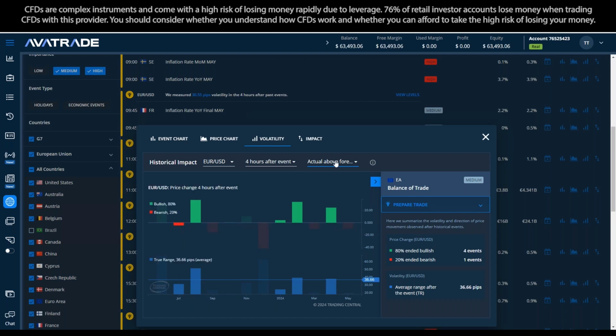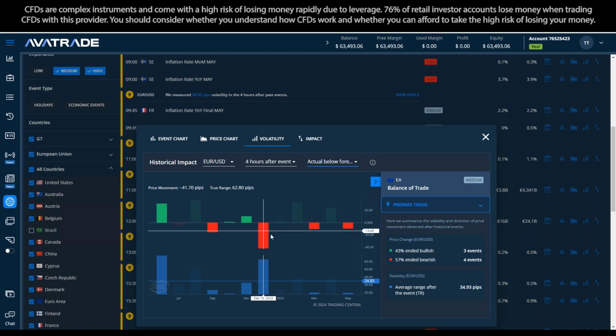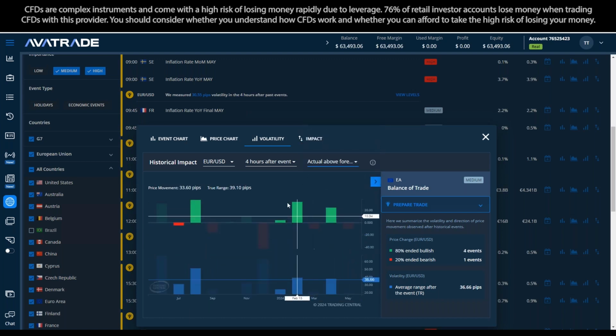Okay? And what if this comes in below forecast? It's the opposite, right? Look at all the red movement down, how large these movements were, and the movement up, smaller, less often and smaller. Okay? It's not 80-20, it's 57-43, but you don't have to trade in both directions either. You could say, okay, if it comes in below forecast, I don't like the 57-43 percentage. It's not a big enough statistical advantage, maybe in your mind. But if it comes in above forecast, you might be ready to trade because the statistical advantage from the past